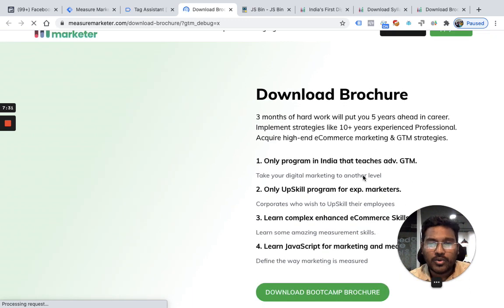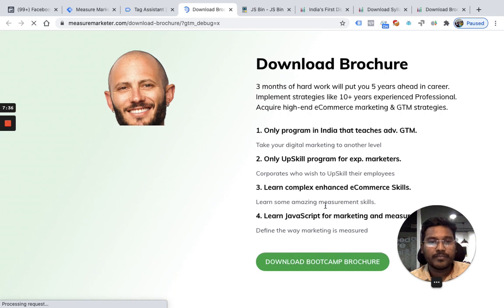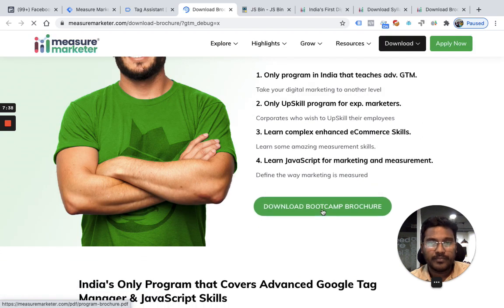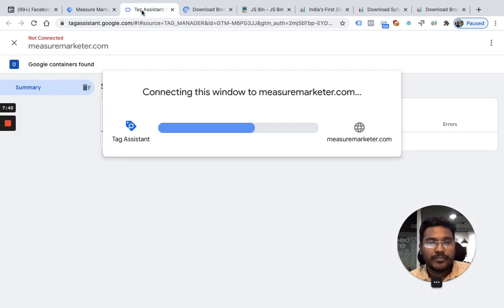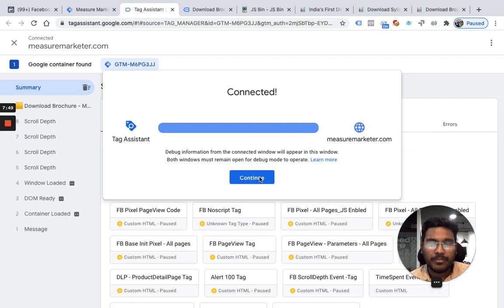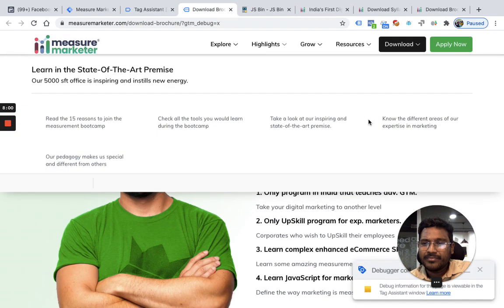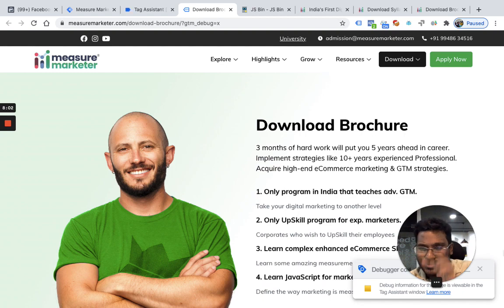You see, right now only the page loaded. So you'll have gtm.js, which is like container load, then gtm.dom, which is dom ready, and then gtm.load, which is the window load. Remember, I've already implemented scroll tracking whenever people scroll 10, 20, 30. So by the time I loaded the page it already scrolled 10, 20, 30 because the page is a little small.